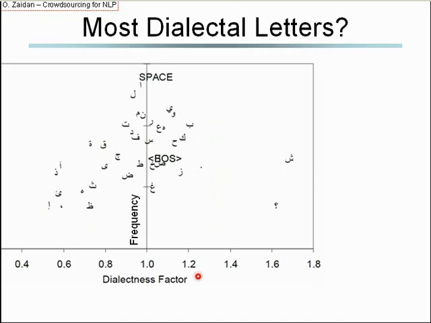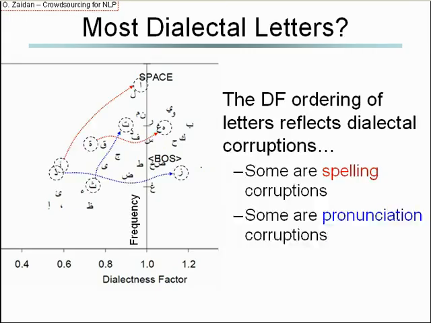So here's a figure of the Arabic letters, and on the x-axis is their dialectness factor. Now, I want you to notice that most of them have values that are not that far away from 1, which makes sense. These letters appear almost equally likely in both dialectal and MSA contexts. But there are some differences. There is some variety. What's interesting about this ordering of the letters by the dialectness factor is that the ordering